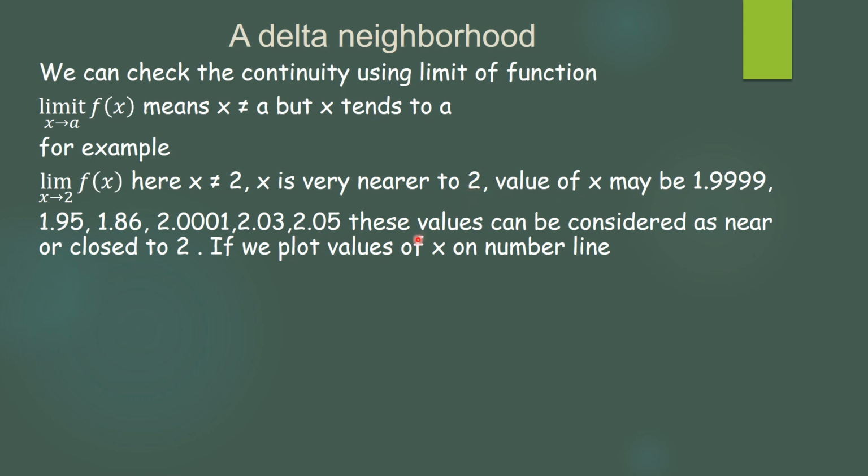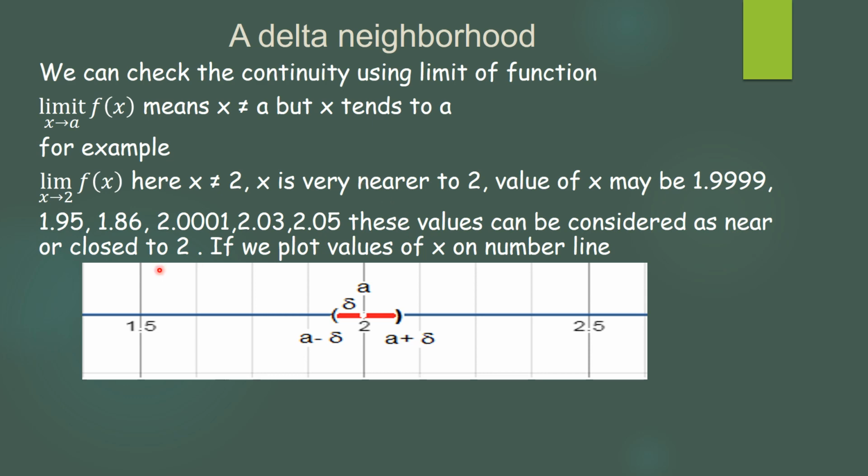To explain this, we will plot what we have plotted here. It is 1.5. Don't consider this as 1.6. It is 1.625, 1.75, 1.875 and 2. According to that, this graph is plotted. Here I have not made a red mark at the point 2. We have given the colors so that x tending to 2 can take the values in this interval, from this bracket to this bracket, and only the values where the red color is marked will be considered, which are nearer to 2 and approximate to 2.